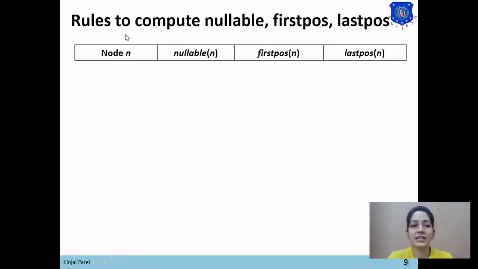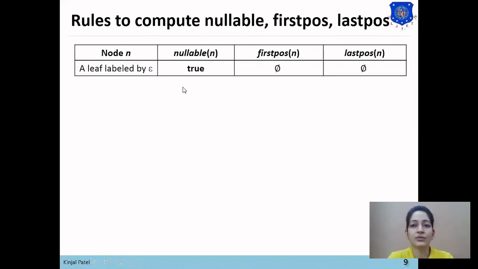So before discussing the syntax tree method, we'll see the rules to compute nullable, first position and last position. The first step is to compute the first position and last position of each input symbol. Here, if a leaf node is labeled with null, then nullable of that node will be true, and first position and last position of that node will be empty.